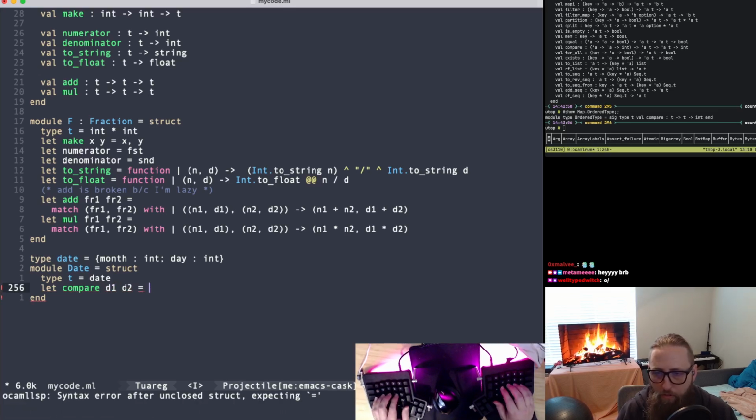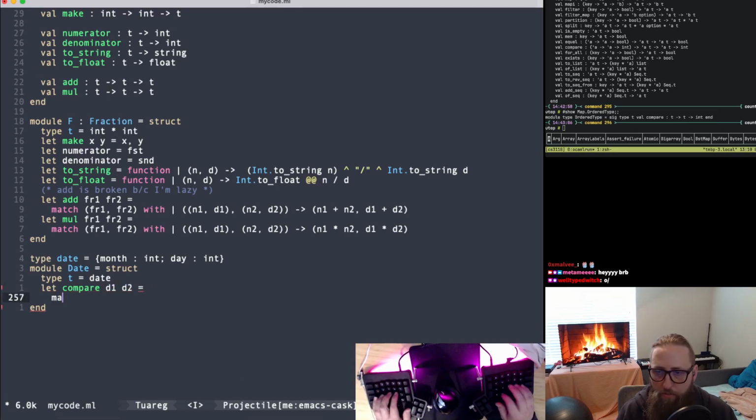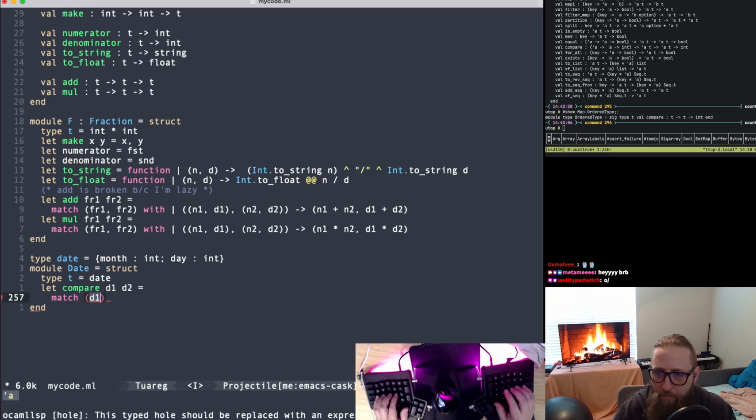So basically the idea is we take d1, d2, and let's see, do I want to do a match or do I just want to do if statements? I guess we'll do a match. I think it'll probably end up being nicer. Match d1, d2 with,